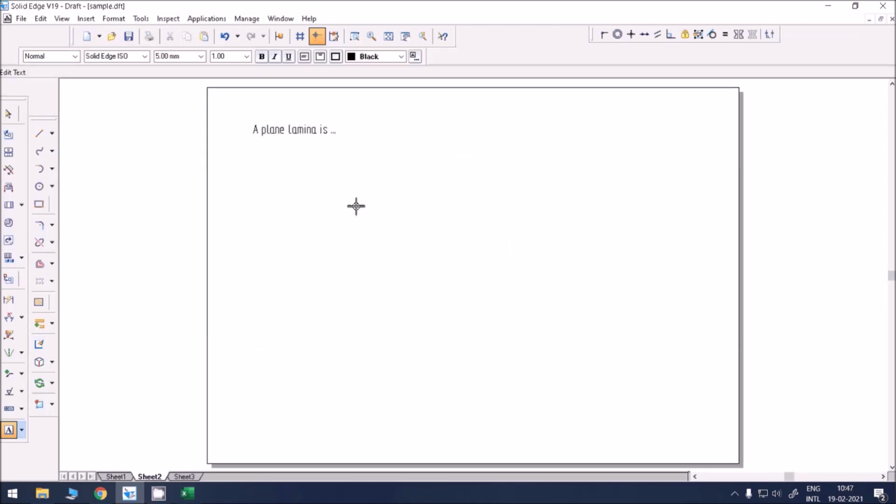When you click on a text box, it shows the corners of the box as black dots and there are lines in between. If you hold on the line, you can move the text box wherever you want. If you hold the corner or black dot, you can enlarge it like this.